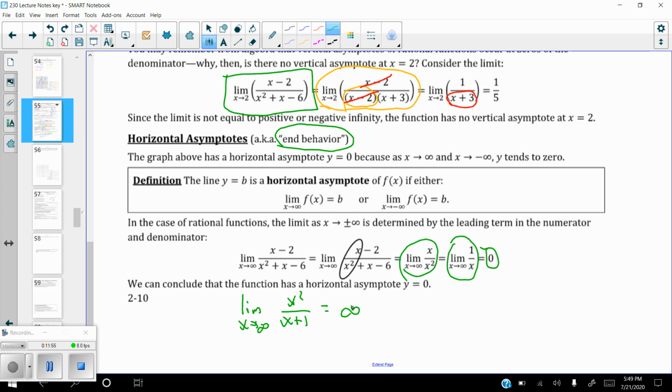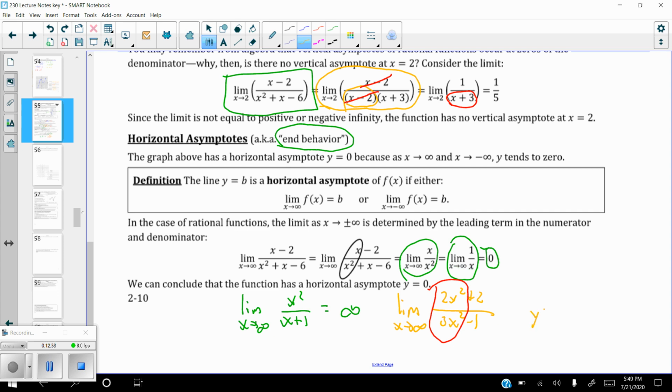And the last one is, if we were to have a situation, and this does come up, I might be getting ahead of myself if this is presented in another section. If we have a situation where the powers are the same, so maybe I've got 2x squared plus 2 over 3x squared minus 1. Okay, nothing we can really do to simplify any of that, but you can see that the power on the top and the bottom is the same. We still just look at the leading terms, and the asymptote here actually becomes y equals